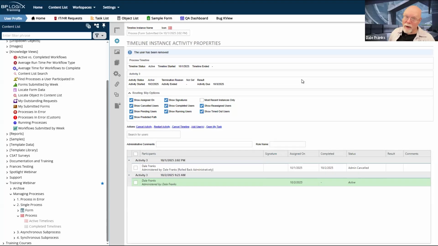And this time, hopefully, they'll click the right button on the bottom of the form and they won't try to restart the entire process. So there is a great use case for being able to remove a user completely from the timeline activity, but be careful about how you exercise that.